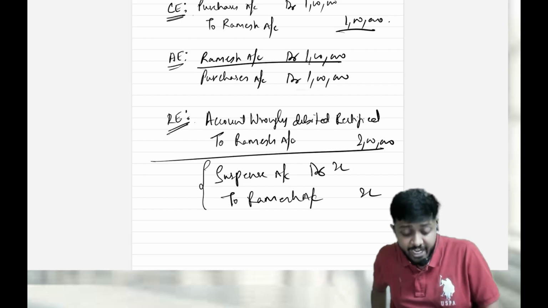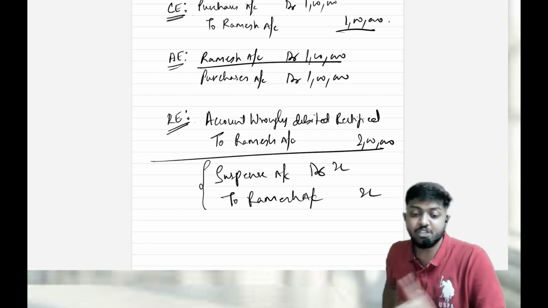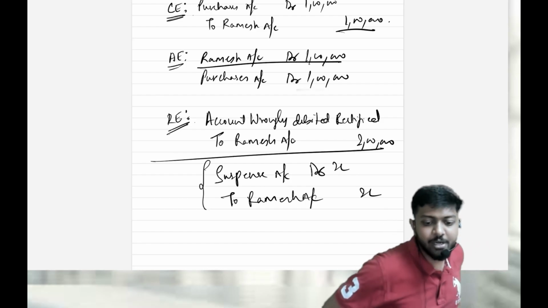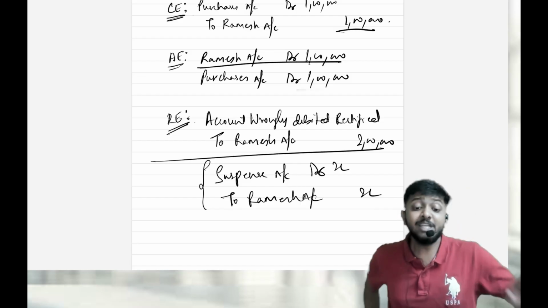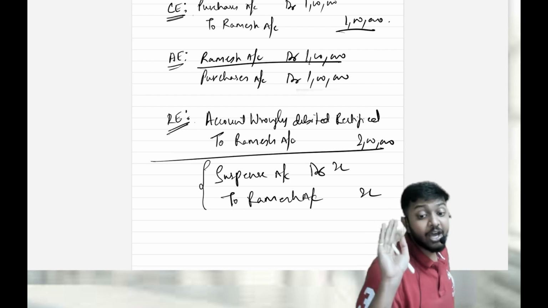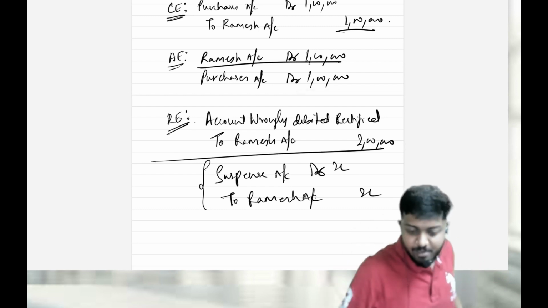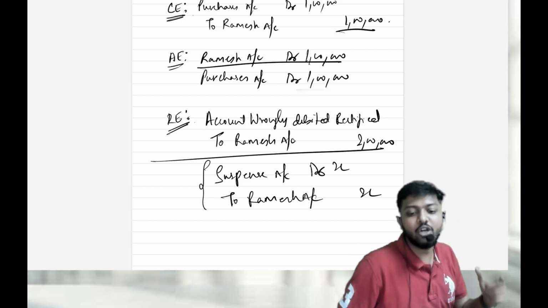But if you had any nominal account here, say it was suspense to purchase, then instead of purchase I would have used suspense account debit to P&L adjustment account. That rule remains the same. I hope you have understood it better. Please don't forget the default assumption: if about something they have told that only that account is wrong, the other account is correct. While doing some more problems, I will re-emphasize this point. Don't worry.